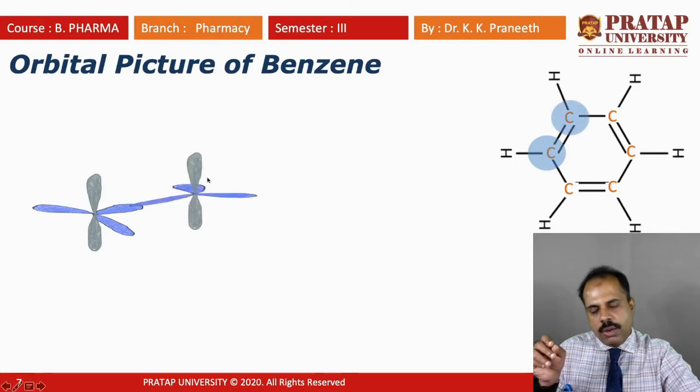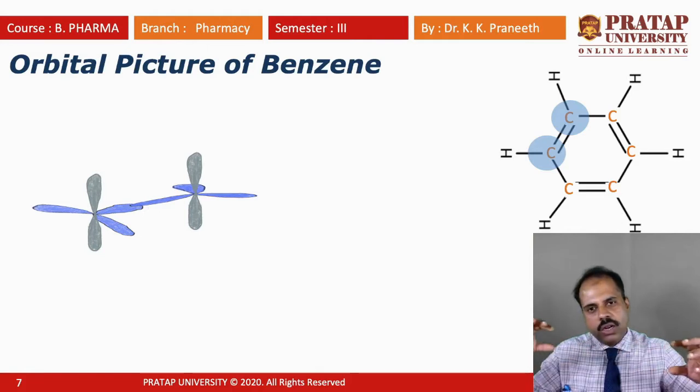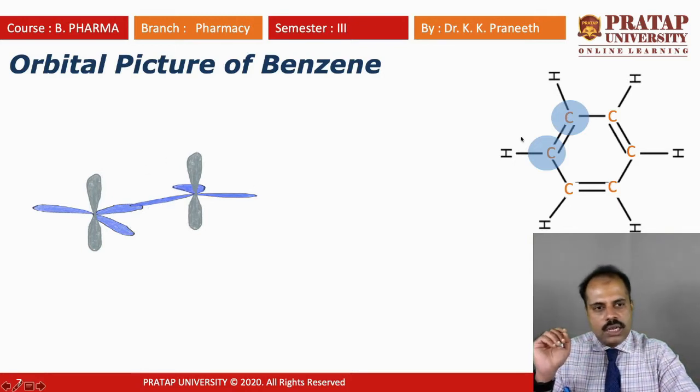Same thing, you multiply, and there is an interaction here. Now see, there is overlapping between the orbitals. The electron clouds of this sp2 orbital overlap with the electron clouds of the second carbon's orbital, and it forms this sigma bond. One sigma bond is formed. This overlap means one sigma bond is formed, so we have formed this bond between these two carbons.